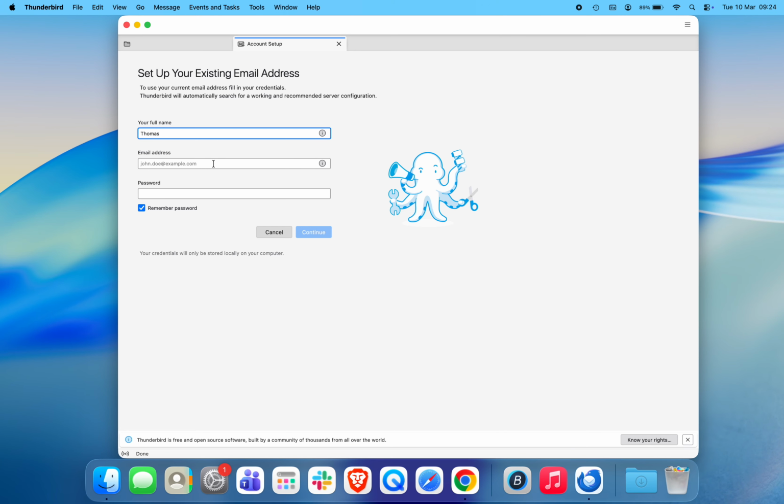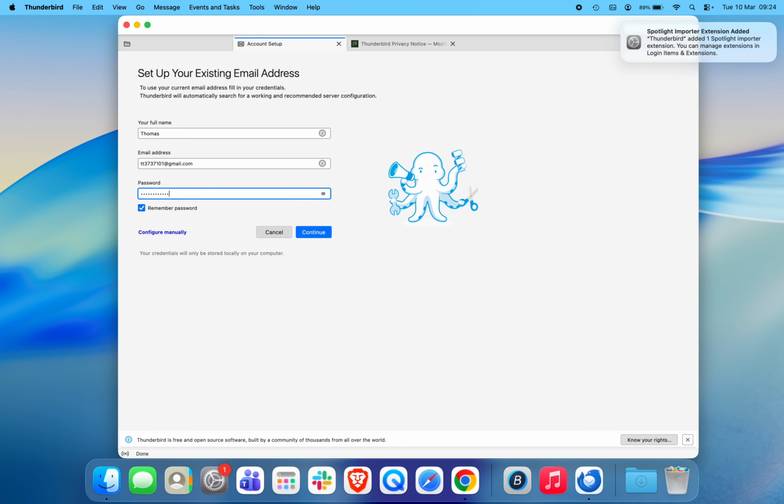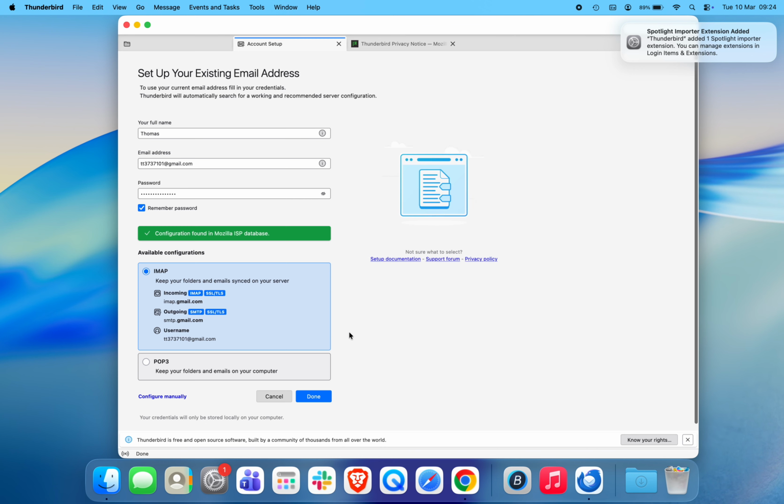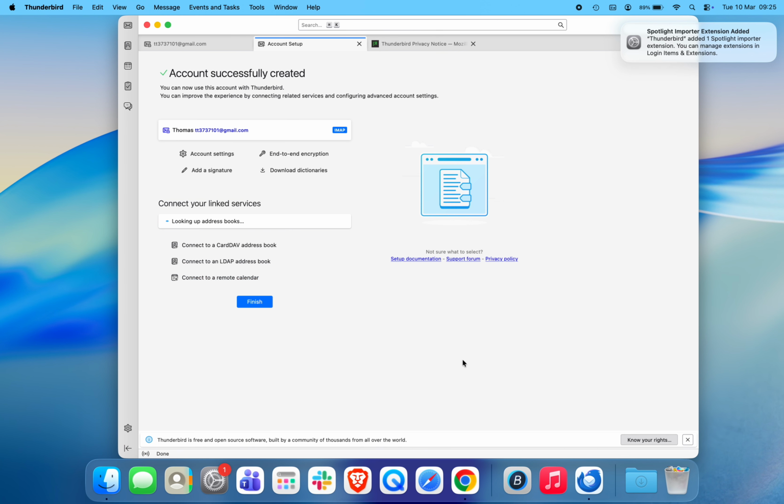When you open it for the first time, you can easily add your email account by entering your name, email address, and password. Thunderbird will automatically detect most email settings for services like Gmail, Outlook, and many others, making the